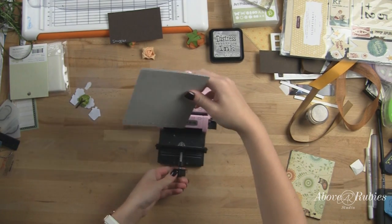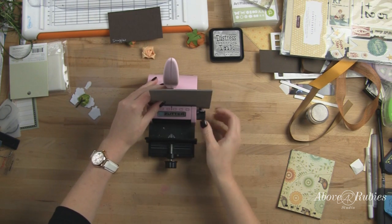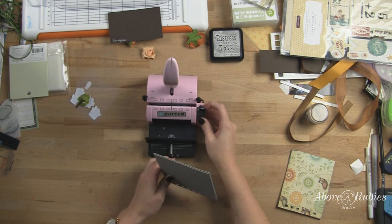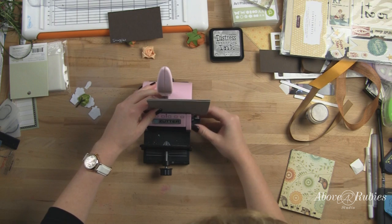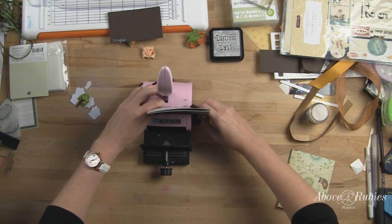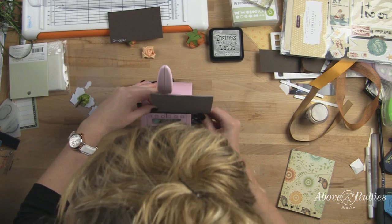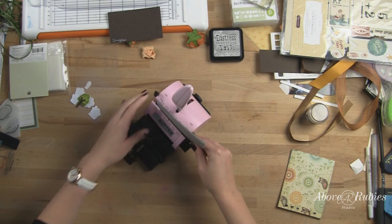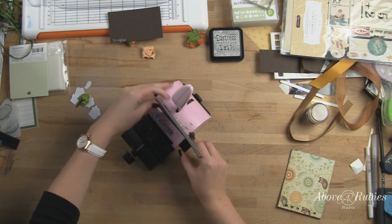Now, I'm going to go to the outer corners and I'm going to show you how to do that real quick. I'm going to place this in here, and if you see right here, there's this little tabby doohickey. I know, technical name. I don't know what these parts are called, but I'm going to show you how you line it up. You use that tabby doohickey to go inside one of the already punched holes. Okay, and let's make sure that we're in the right one. Okay, so you put it inside one of the punched holes. Once you're inside the hole,